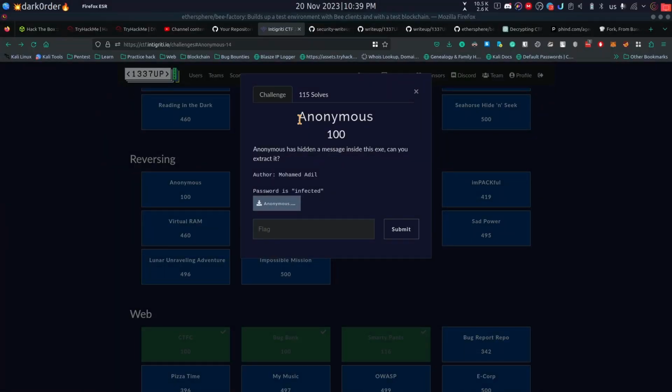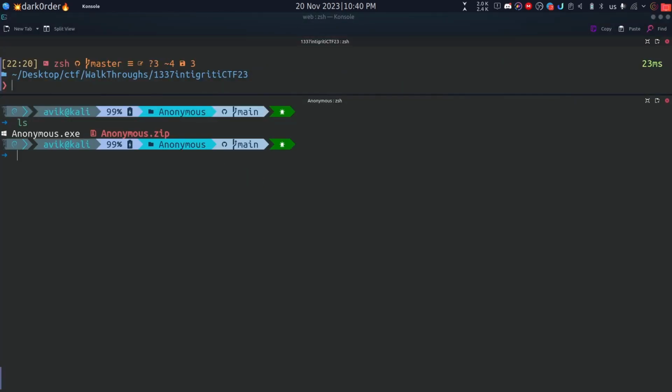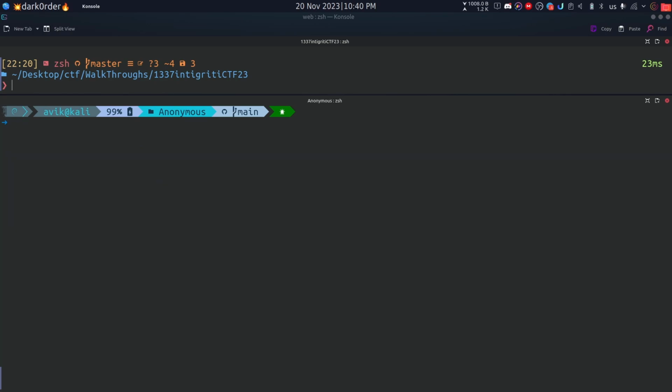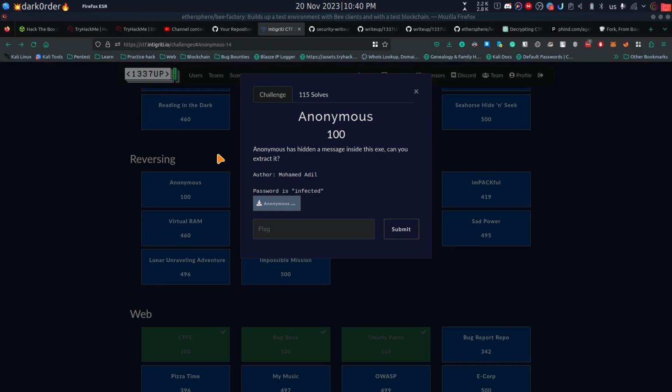So we are still continuing the Intigriti 1337UP CTF challenge series, and today we are going to see another easy reversing challenge, that is Anonymous. I have downloaded the file and unzipped it. This is the exe file. You can double check it. This is an exe file. So what you can do is try using any.run to see